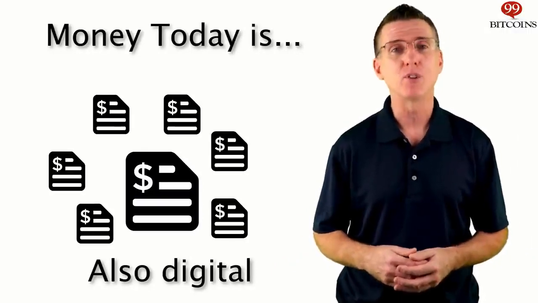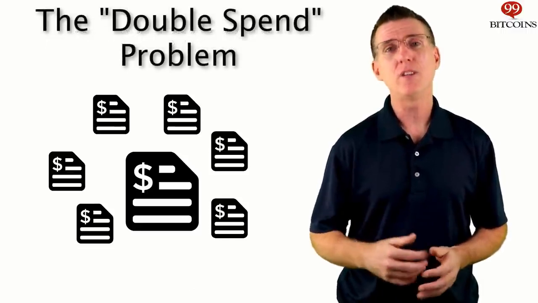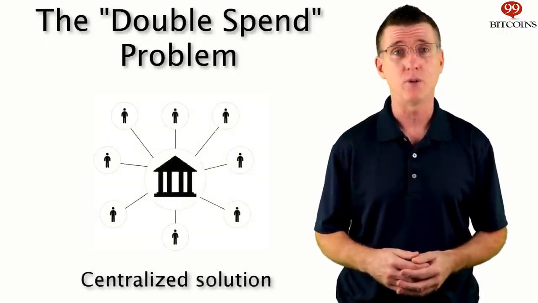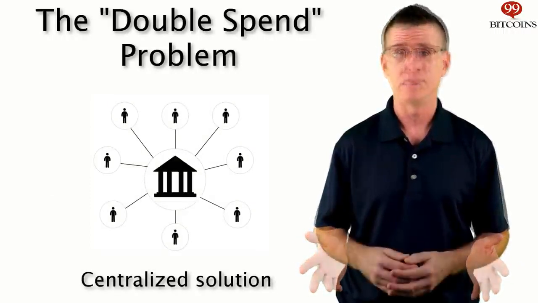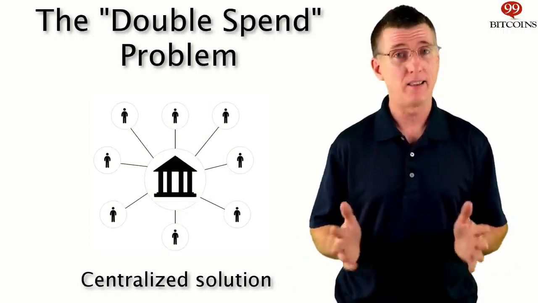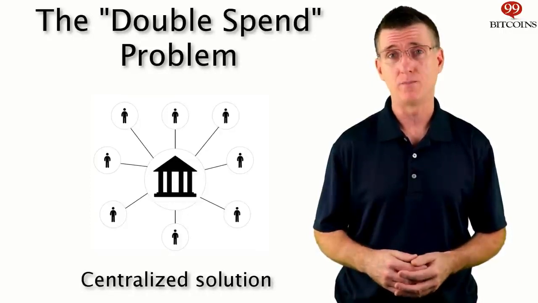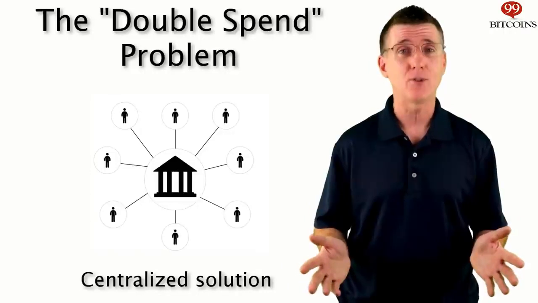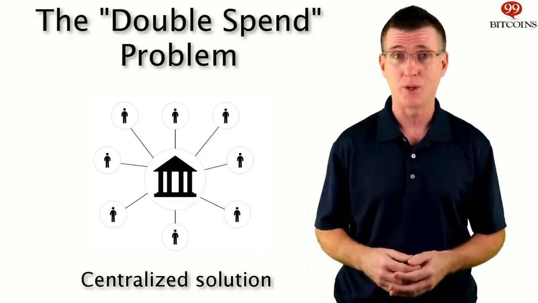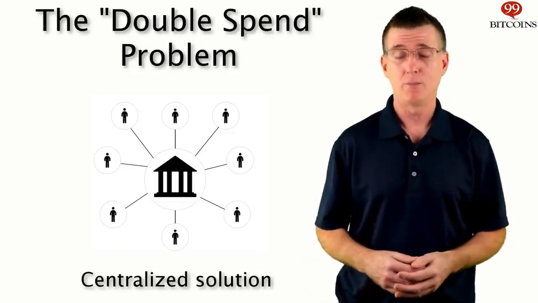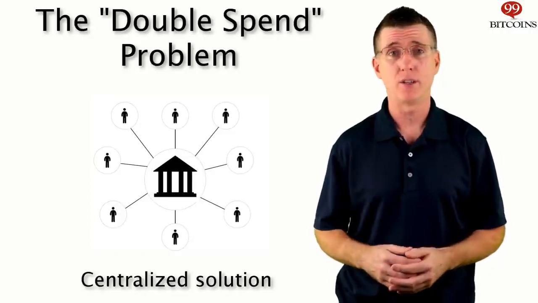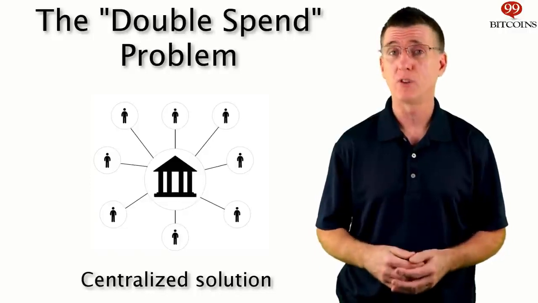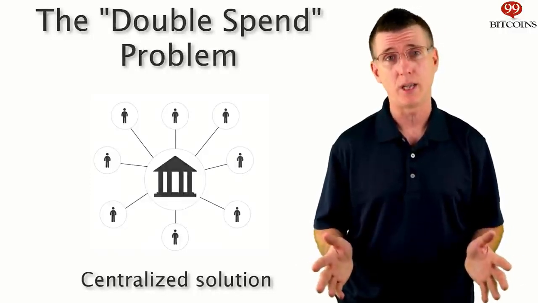This is called the double spend problem. The solution that banks use today is a centralized solution. They keep a ledger on their computer which keeps track of who owns what. Everyone has an account, and this ledger keeps a tally for each account. We all trust the bank, and the bank trusts their computer, and so the solution is centralized on this ledger in this computer. You may not know this, but there were many attempts to create alternative forms of digital currencies. However, none were successful in solving the double spend problem without a central authority.